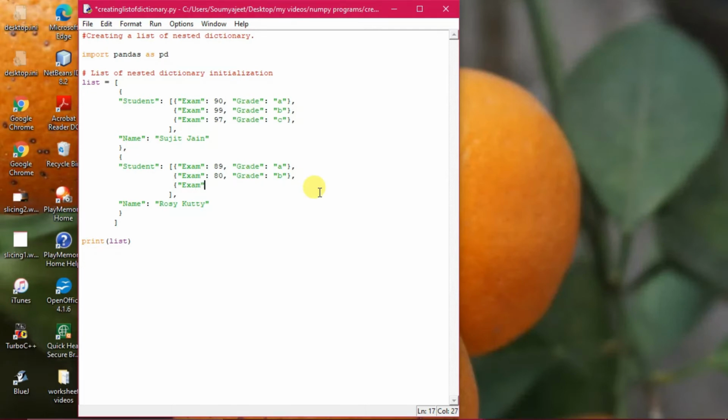Here it is exam, and then here we are giving the student. Rosie Koti's grade has not been given, so out here 97 and comma, and then I'm giving the grade out here. So it will be grade again.